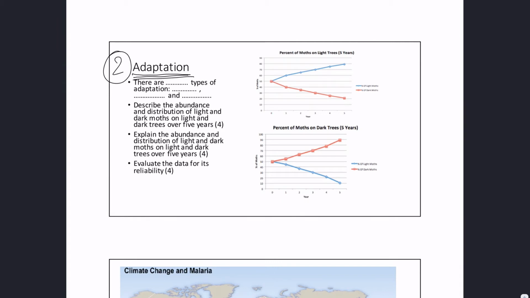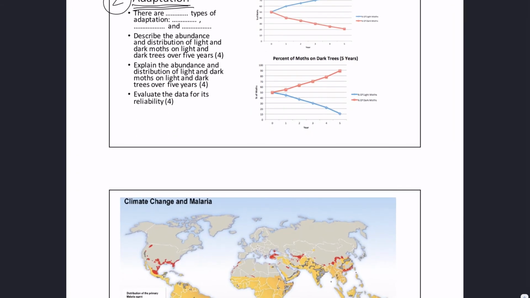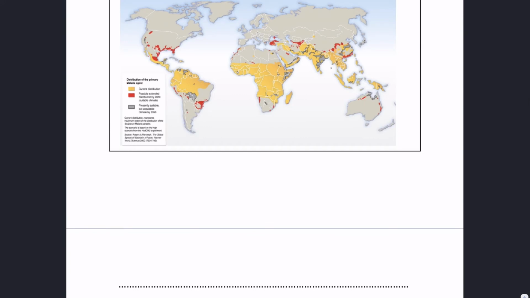So as well as the biotic and abiotic conditions, their adaptations determine the places where they can survive. So that's a bit more straightforward. We looked at the example of the moths and malaria, but the general idea is that organisms